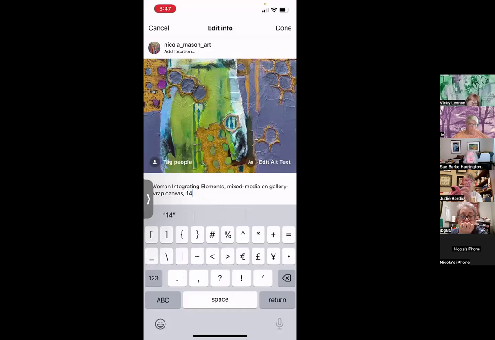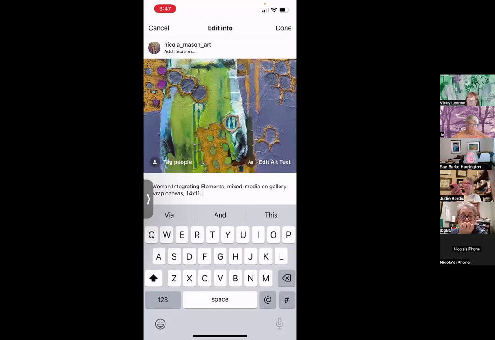I learned so much from Kathleen Kuhar. I was putting 11:14. 14:11. Now I'm going to do